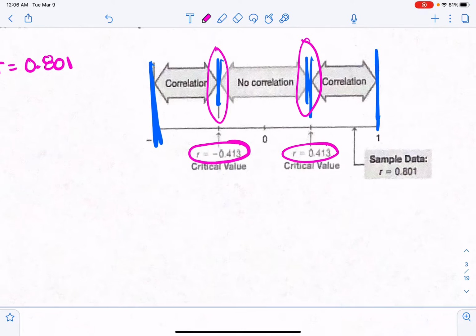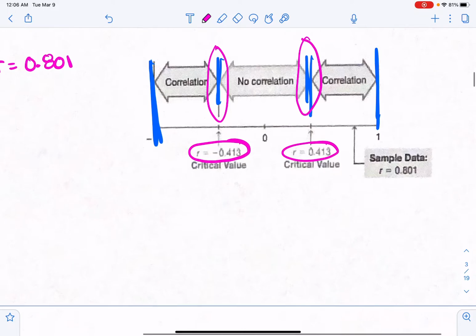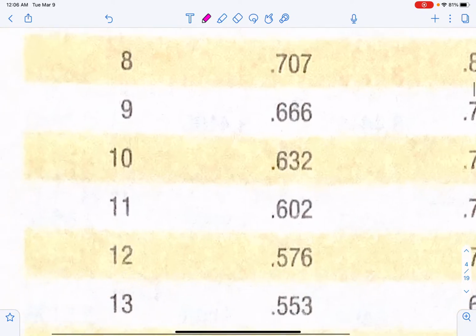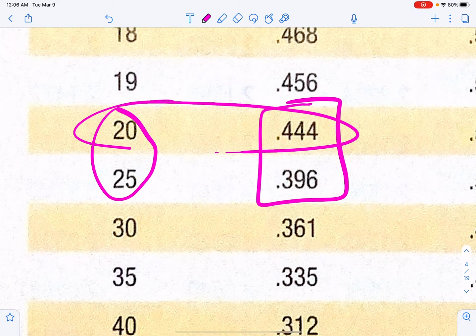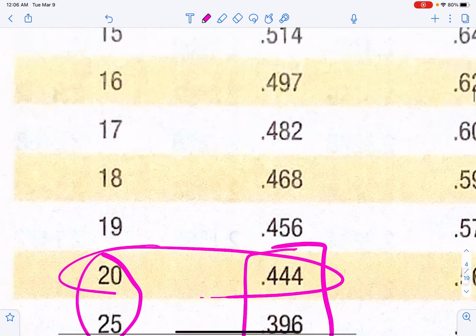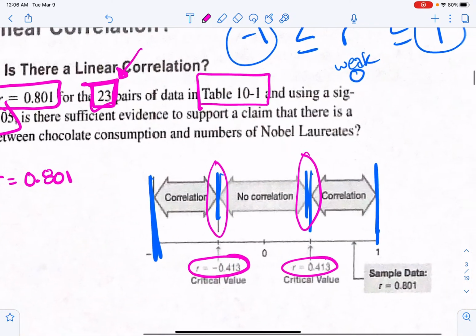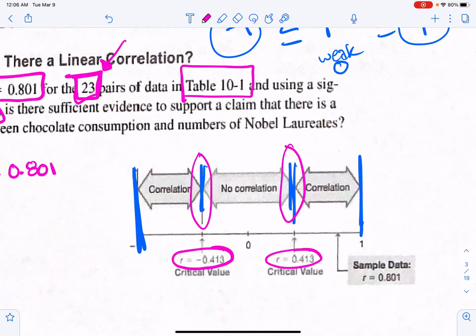So they came up with the number 0.413. What I always tell you to do is round down, which is up in the table. So we would actually use the value for 20 because we don't ever want to assume more confidence or more accuracy than we have. So I would use 0.444. They got the exact value, which is 0.413. So I'm going to cross this out and put 0.444, because in the end it does not matter, because our number,